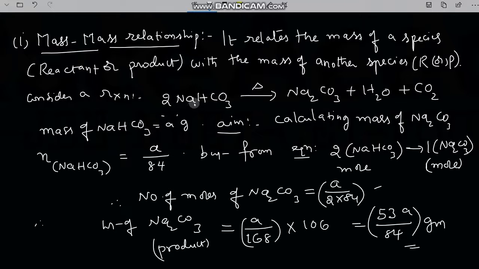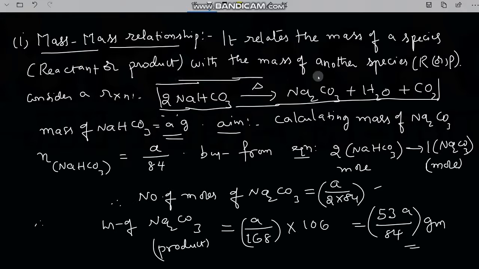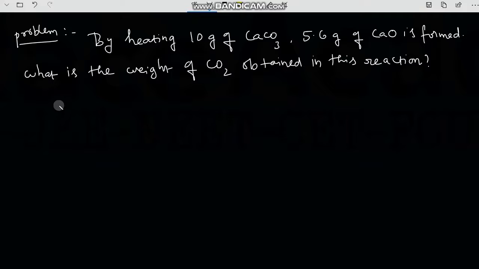When we have considered the sodium bicarbonate mass as a grams, if you know that a, then we can tell the mass of sodium carbonate. This is an illustration reaction only, that means we have taken one generalization. In this chemical equation, the illustration is telling us that if you know the mass of a reactant, upon chemical reaction we can easily find the mass of the product from this gravimetric analysis method called the mass-mass relationship. Okay. Let us see one very simple problem on this mass-mass relationship.